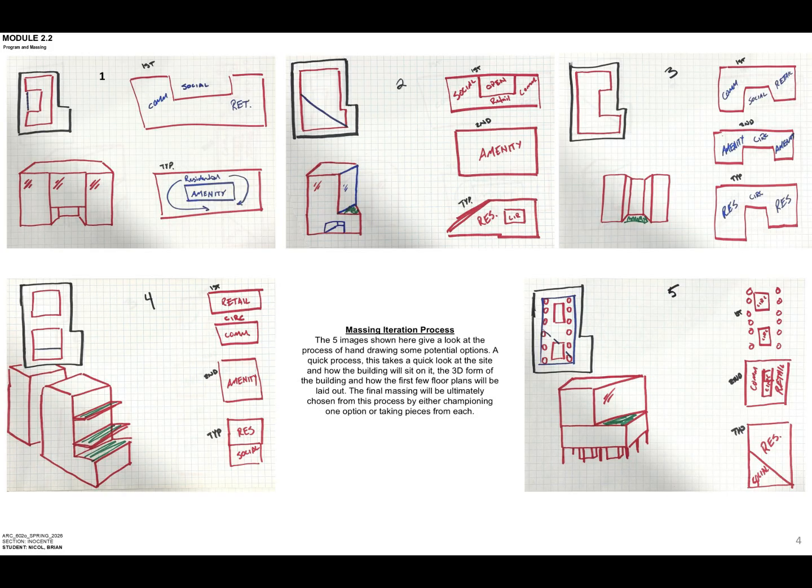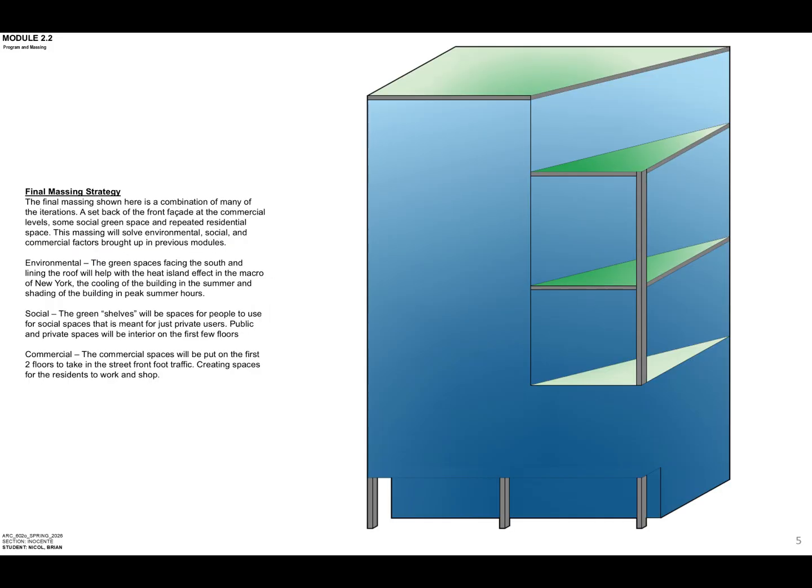Then we look at the massing strategy. Basically what I did was create a bunch of design iterations. I made 5 here just off the top of my head, sketching down on paper what it looked like in plans, 3D views, elevations. Finally, it came down to this massing strategy, which is kind of taking a little bit of some of the iterations and creating a mass that's going to work well with the environmental, social, and commercial